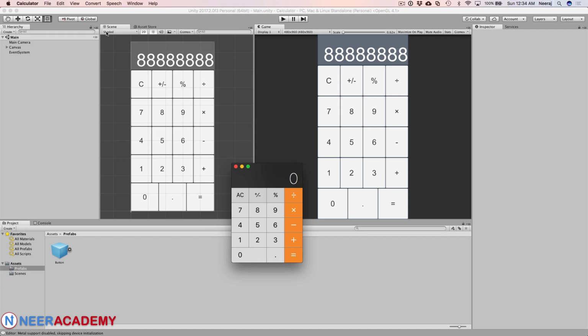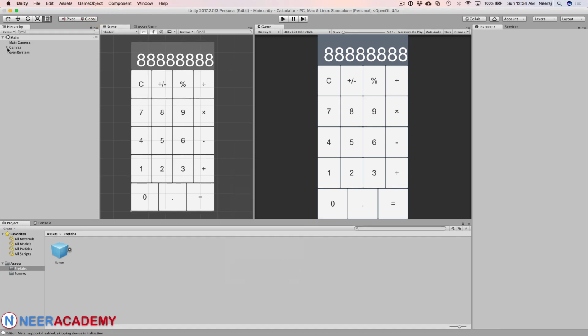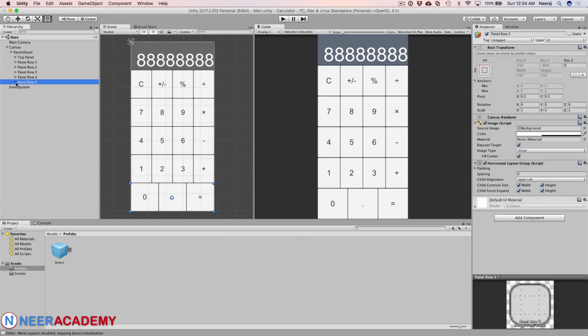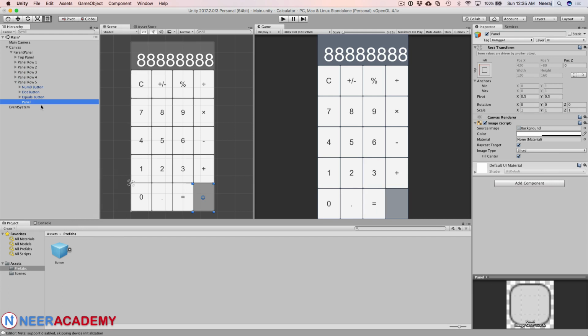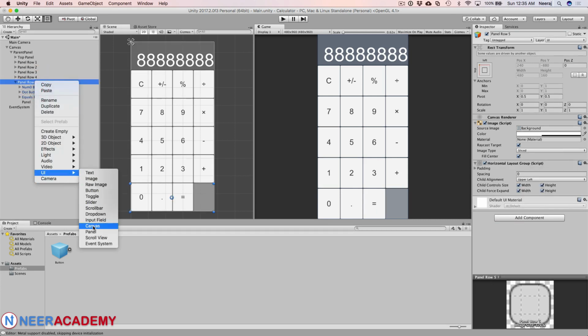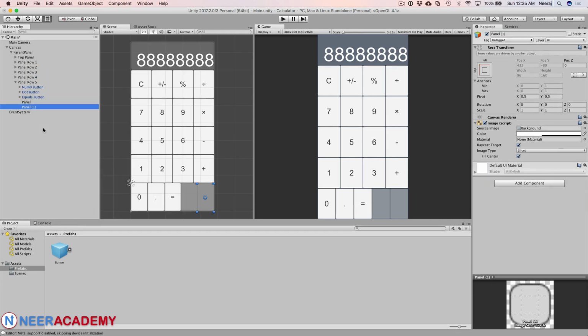So let us go ahead and make some changes to our design. We'll go to the fifth row. There we have the three buttons, num0, dot and equals button. So what I am going to do is I am going to add two more panels out here. Now the next thing which I want to do is,